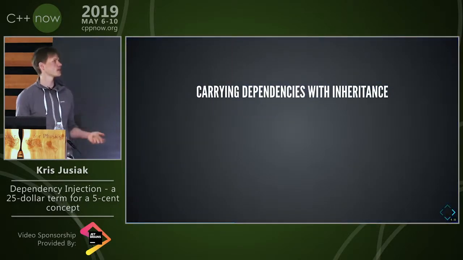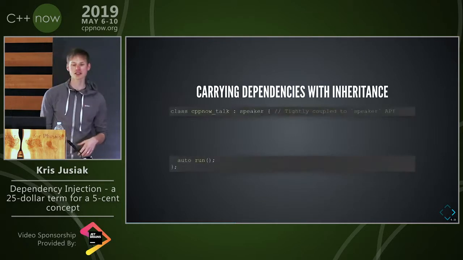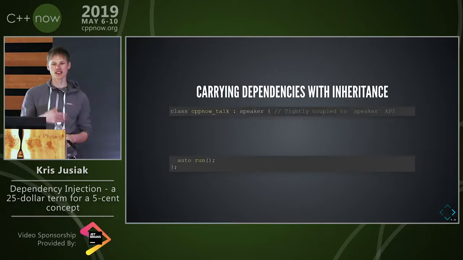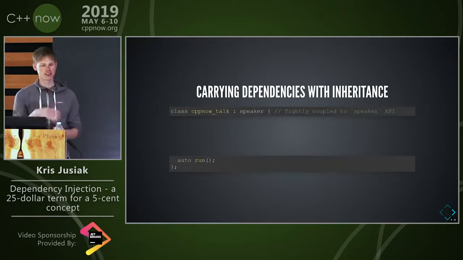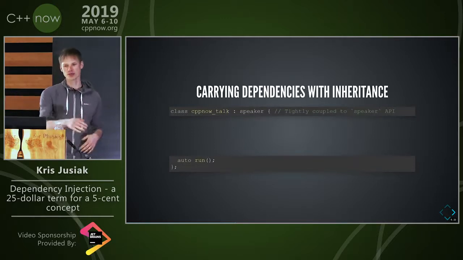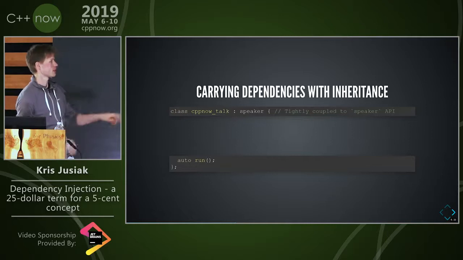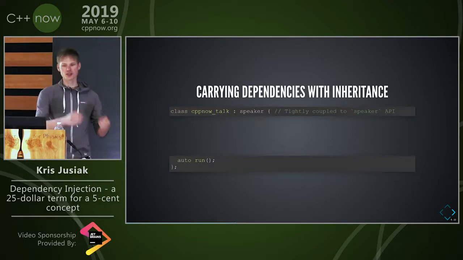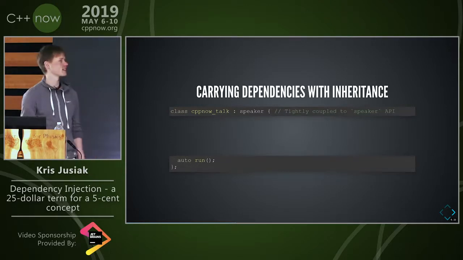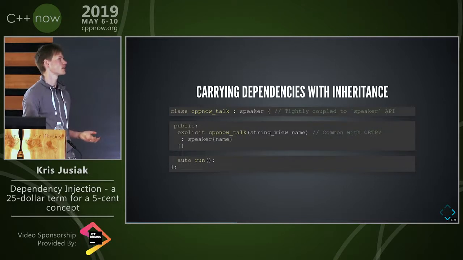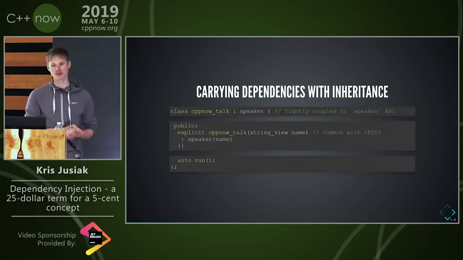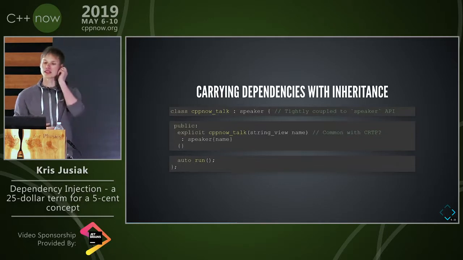We can also do it a bit worse with inheritance. It's a similar case, and it's very common in Java. In Java you can't do multiple inheritance from classes, but like in C++ you can. So you can imagine that you inherit from speaker and attendees and exploit their APIs, but that's bad. That's always bad because we have the same problem, because, for example, we will pass the name to